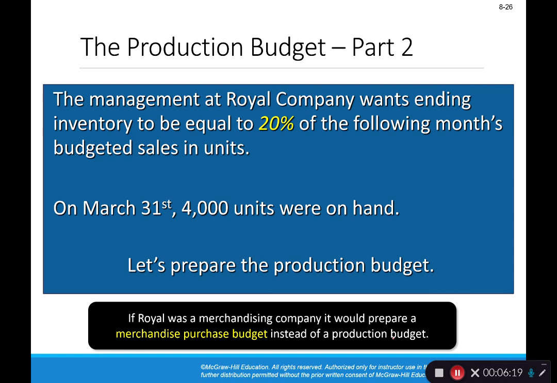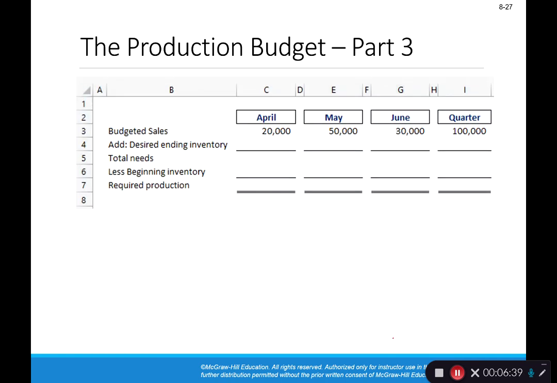Management wants ending inventory to be equal to 20% of the following month's budgeted sales in units. Then it tells me on March 31, which is the end of the last quarter, 4,000 units are on hand. That's important because the end of March would become the beginning of April. So our production budget is going to use a formula that's tied into our inventory formulas that we learned back in chapter 3,